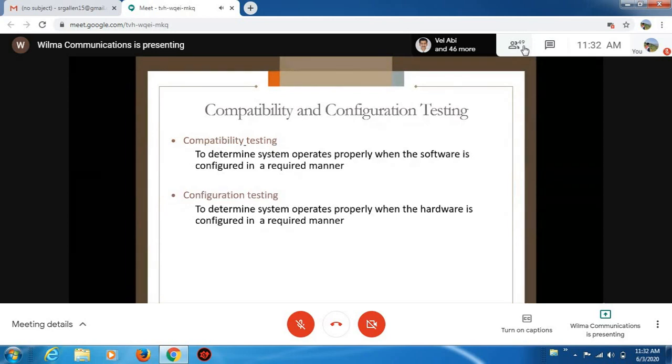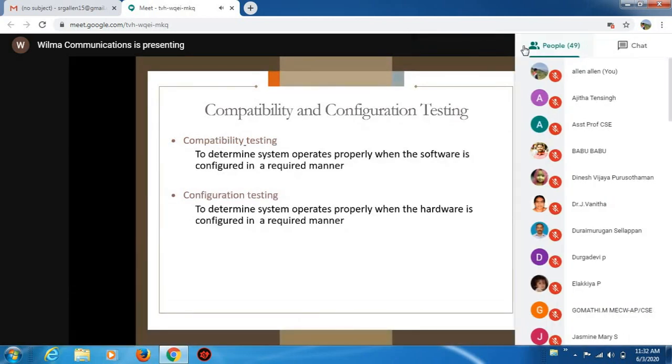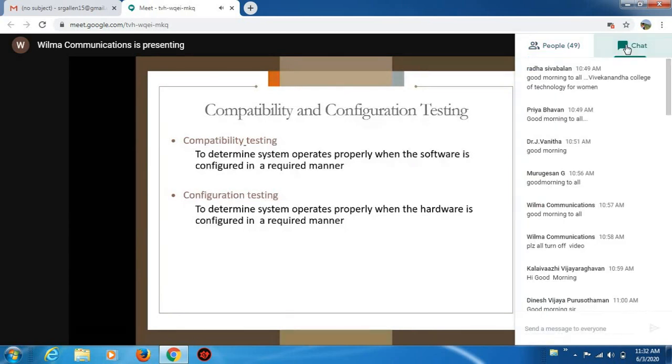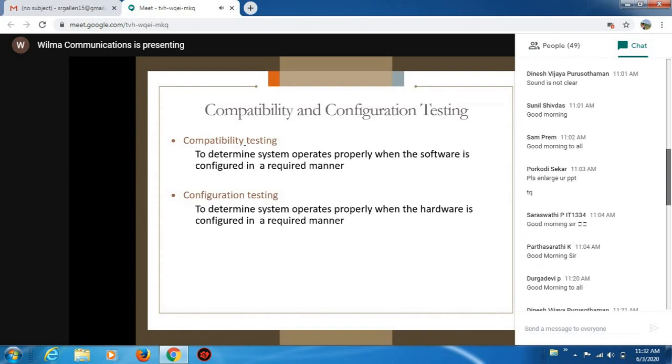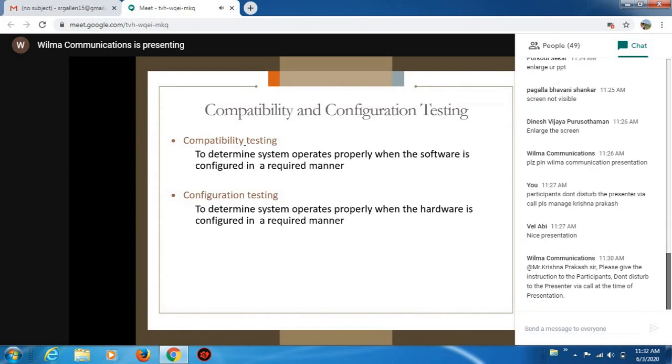Now, once it goes to the developer side, we will check whether the defect has really been fixed by the developer or not. That is called retesting, where we check the defected components again to make sure the defect is really fixed by the developer.